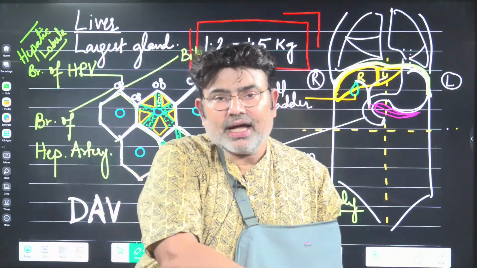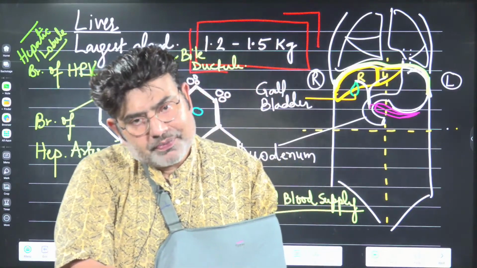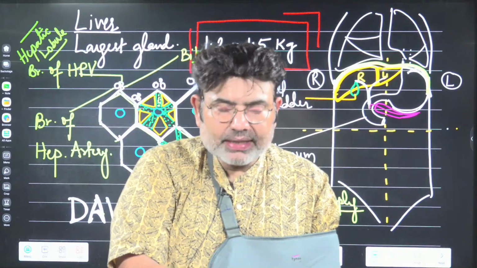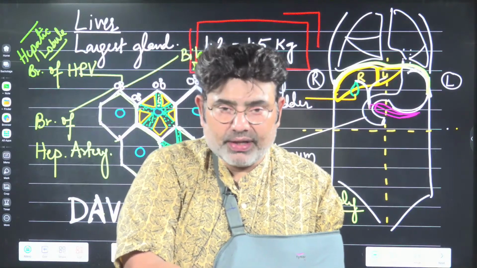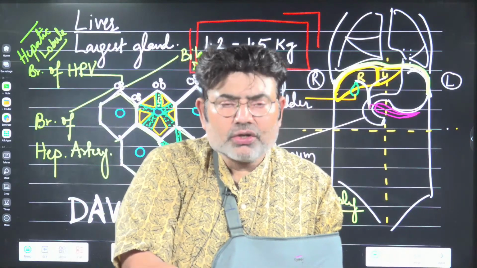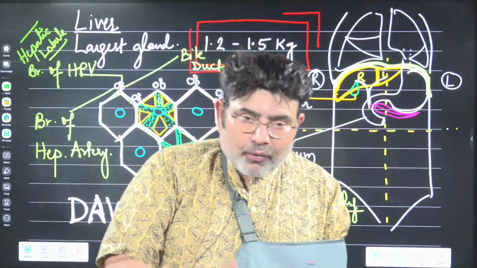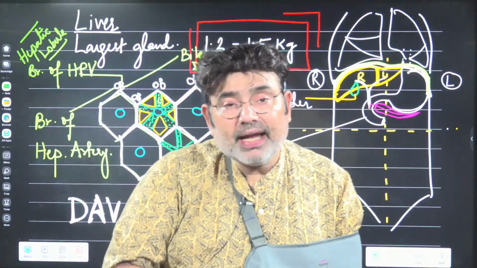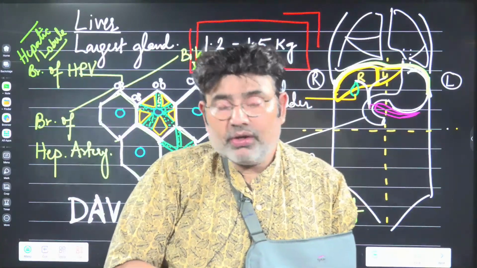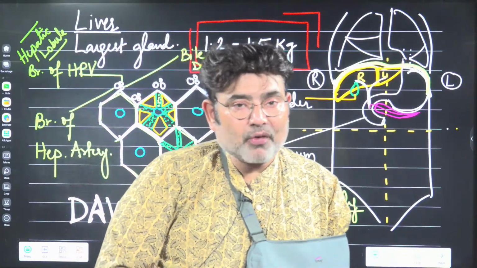But to make you understand, I have to explain that two of the vessels pour the blood into the liver. The liver has a dual blood supply. One vessel is the hepatic artery, and the other one is hepatic portal vein. A vein, yes, a special vein, which supplies blood to an organ. Normally, veins carry away the blood. They don't supply the blood. But portal veins are the ones which actually enter into another organ. Rather than joining to go to the heart, they enter into another organ. These veins are known as portal veins.